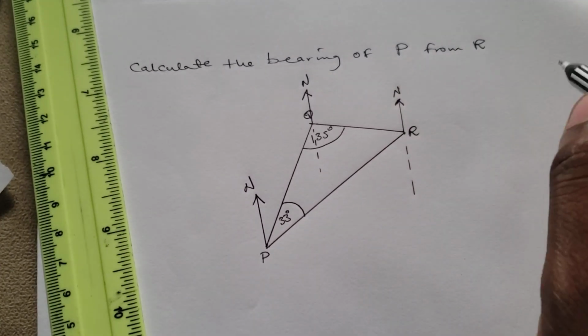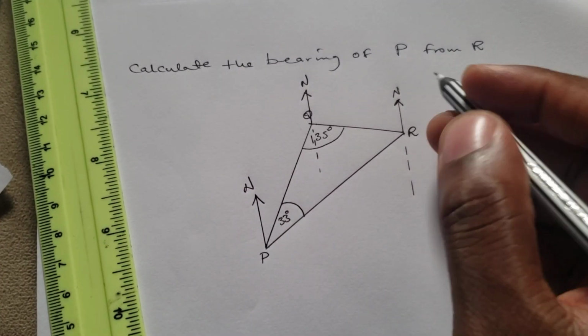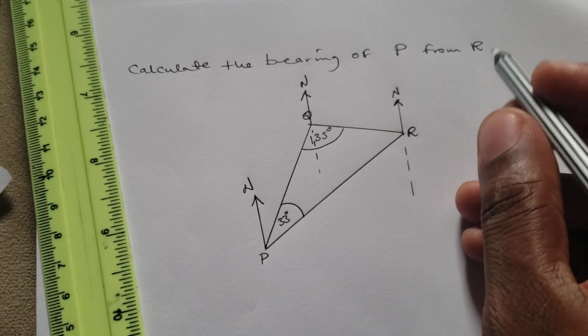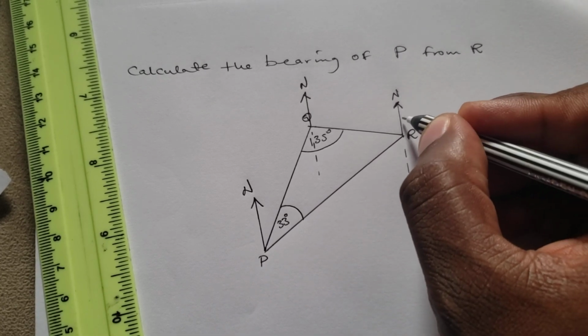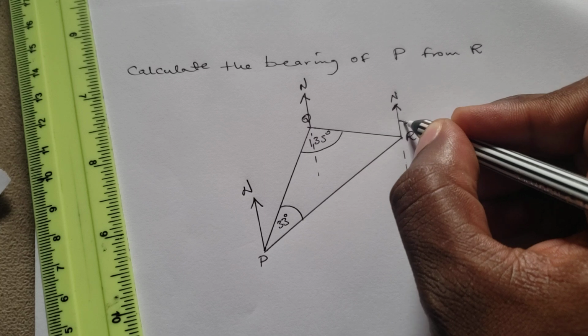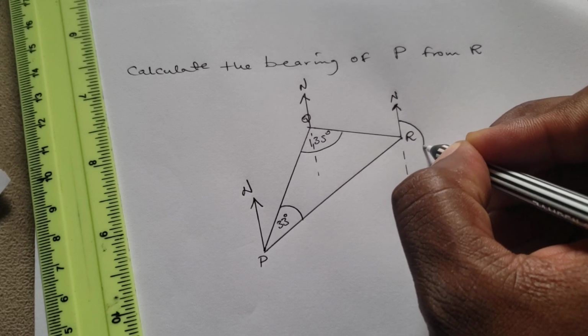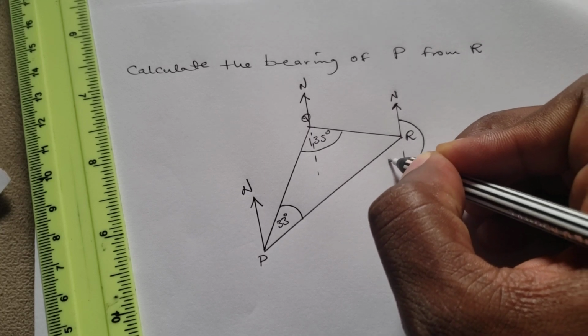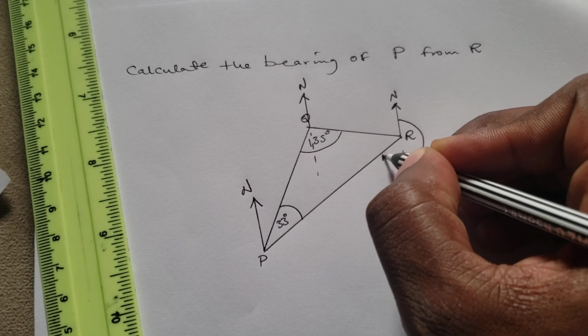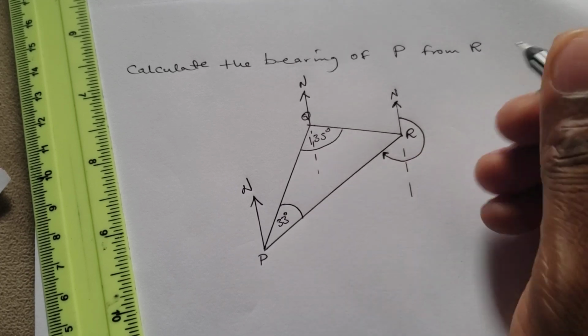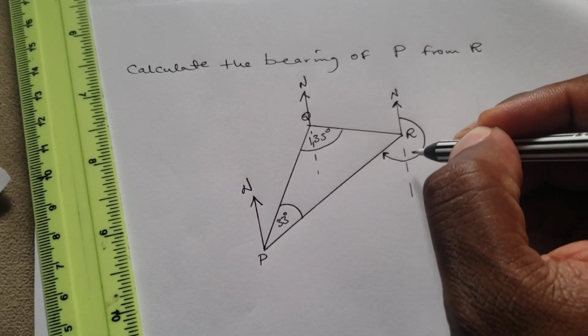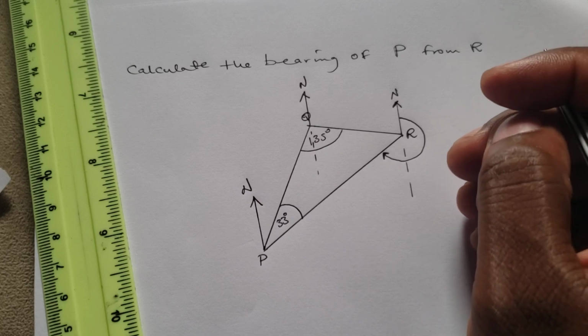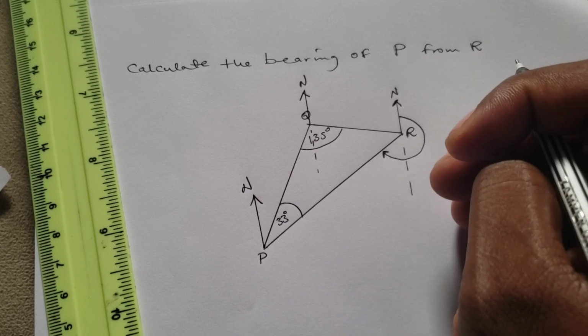Okay, so we are going to find the bearing of P from R. So what they're actually asking us is to find this angle, from R all the way to where the line of P is. So this is in the direction of P. This is the entire angle that they are looking for. All right, now that you have done that,